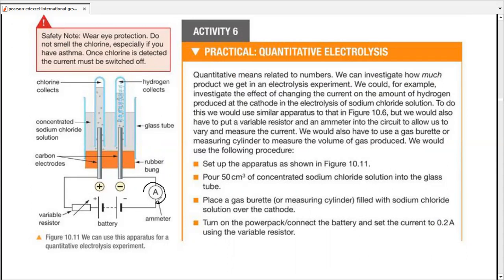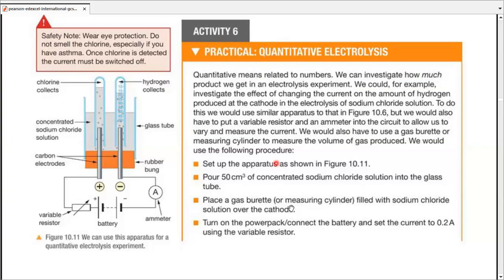This time we have added an ammeter and a variable resistor. With the resistor, we can vary the resistance, and with the ammeter, we can study the current that we have as the resistance is increased or decreased. The rest of the structure is the same. Set up the apparatus, pour 50 cubic centimeters of concentrated sodium chloride solution into the glass tube, place the gas burettes as said earlier, turn on the power pack, connect it, and set the current to 0.2 amperes using the variable resistor,